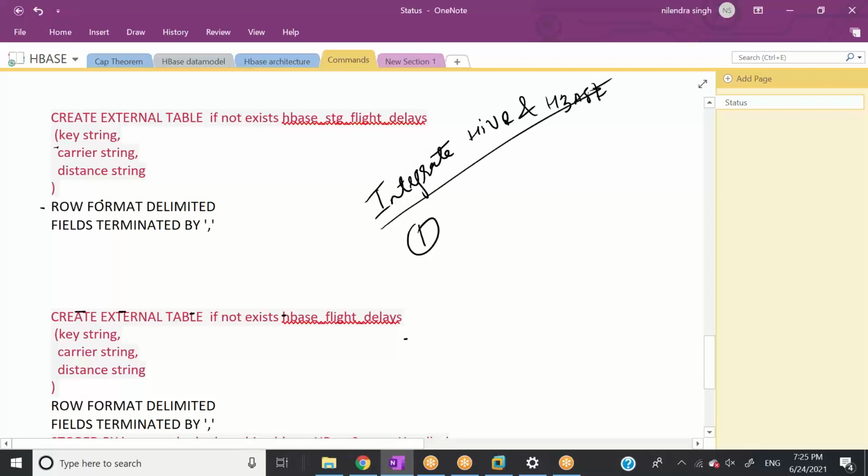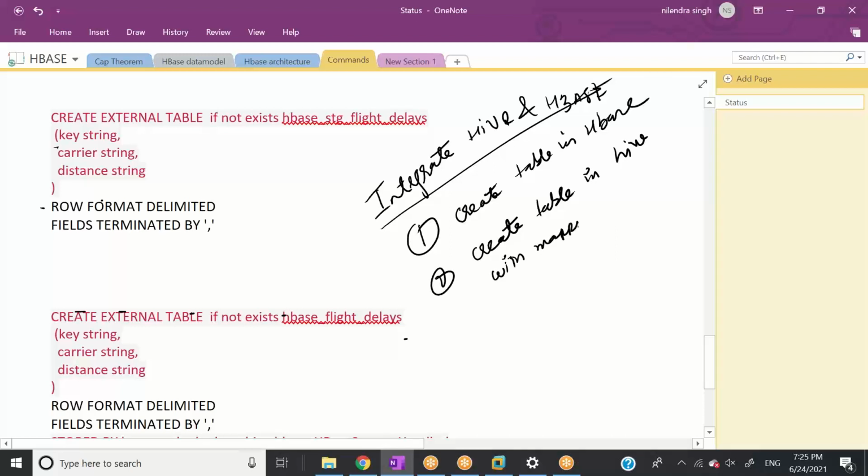The first thing, I created a table in HBase. The second thing is create a table in Hive with mapping to the HBase table